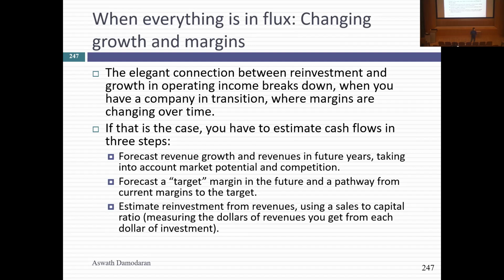Now, when everything is changed, which is going to be the case, in fact, the spreadsheet that I'm sending you is for the most general case, because it works for every company. Let's say you have a money-losing company right now. Return on capital, that reinvestment rate is not going to work for you, right? Because the return on capital for a money-losing company is negative. The reinvestment rate is negative. You might think this is very convenient. Negative times negative is positive, but taking a loss and making it grow will just make it a bigger loss.